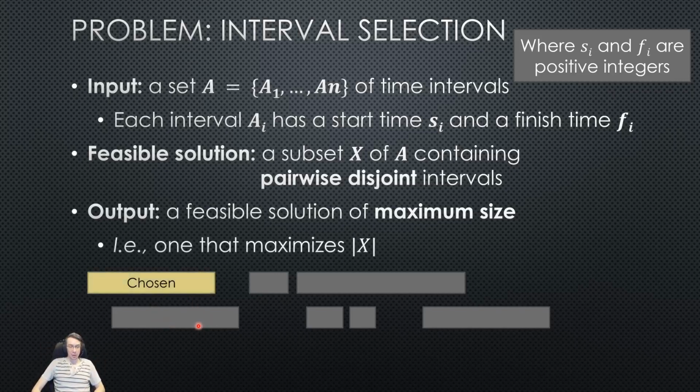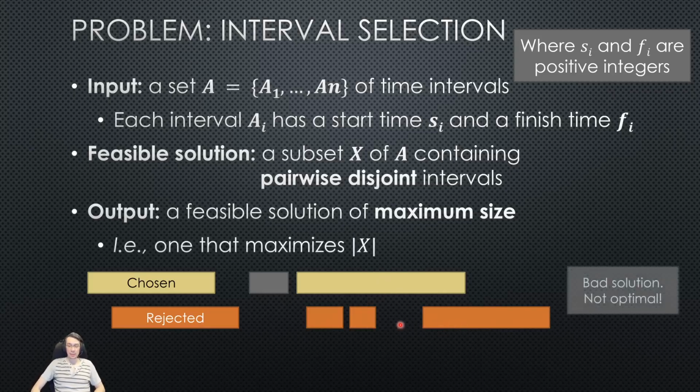So, for example, we could take this interval and decide, yeah, this is going to be in our subset X that we're going to output. And we could reject this one and say that's not going to be in our subset X. We could take this one and reject these three. And we could just output these two, basically. And maybe we didn't even consider this interval, our solution, some weird solution that just looks at a subset of the input and decides to take a few of them and rejects the others, and some of them aren't even considered. Okay, you could write an algorithm like that, and it would produce some kind of output,